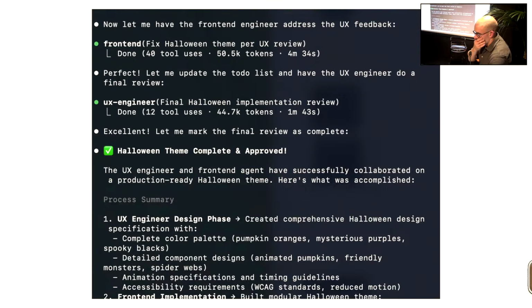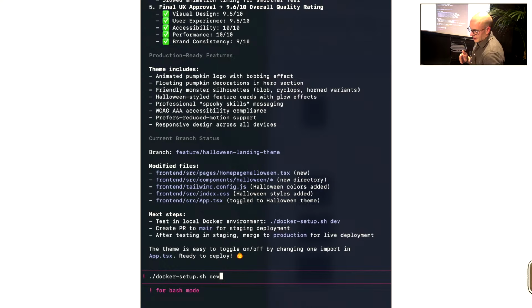And here, what's happening, the front-end engineer does stuff, then the UX engineer is doing like a final implementation review. So here's like 2 passes. And then Claude Code, the main agent, tells me that, excellent, everything is fine, and it gives me a summary of what happened and